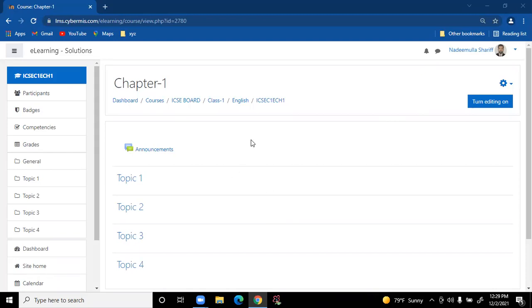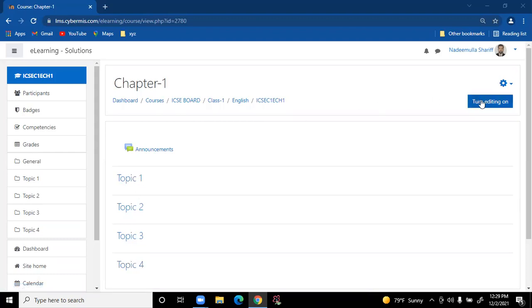Now we want to change these topic names as per the requirement. Like say e-textbook, we want to keep it here. I want to keep the assignment here, video lessons here, so I can categorize my lesson plan. The lesson plan will generally be the textbook and the notes. We'll put it on top, then in topic 2 we'll put all the video lessons, in topic 3 all the assignments, and topic 4 we'll keep for the quiz section. So how can we change this name?